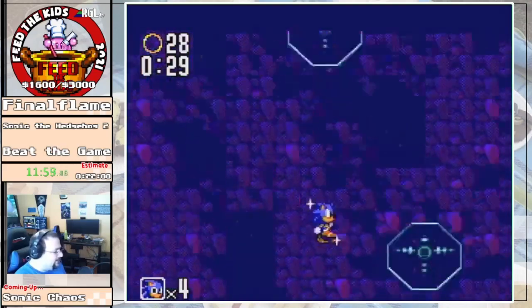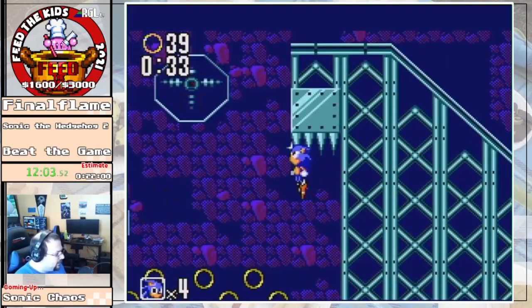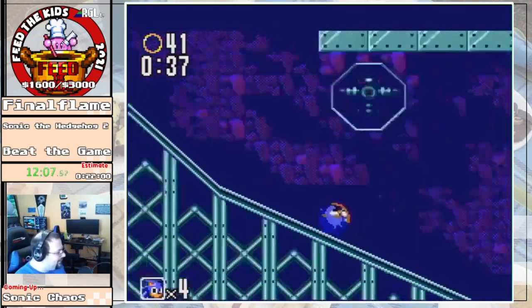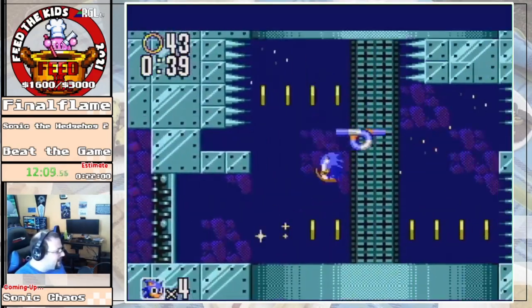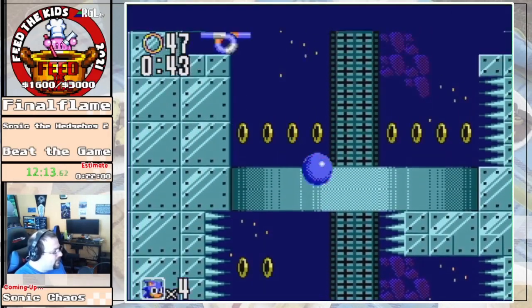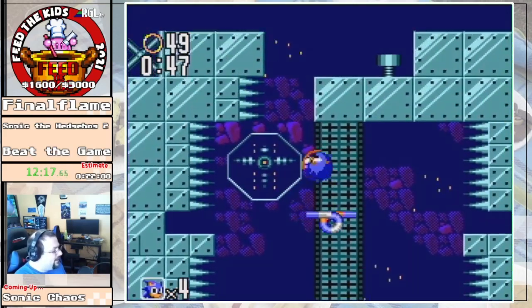Oh, that's bad. Okay, well, we're doing this casually. Maybe. What the heck was that? Alright, couldn't tell you the last time I went this way, but we're going this way because I don't feel like dying. So what I tried to do was take that invincibility around to the bottom left,